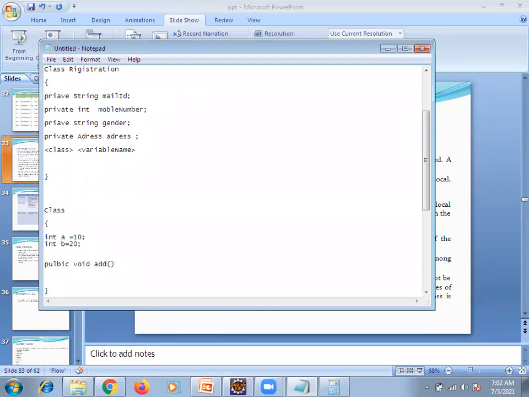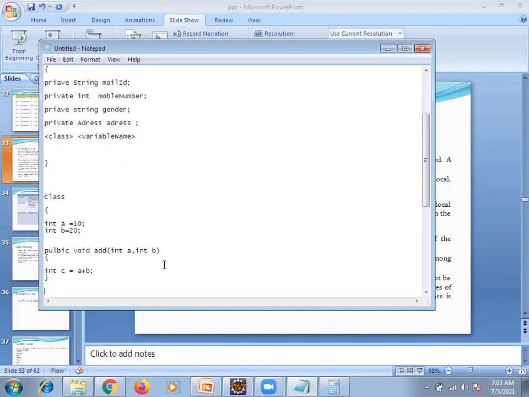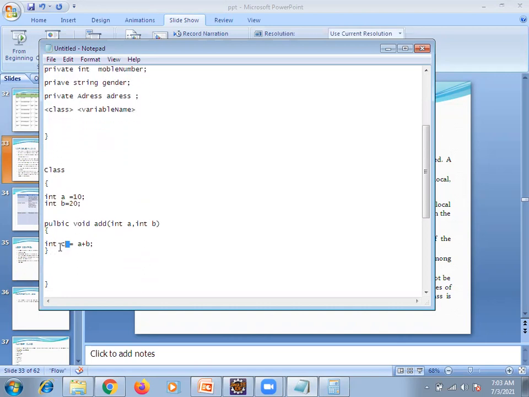Inside the add, I am passing a comma b. Clear? Then int c equal to a plus b. See, this is the local variable, which you are defining inside the method.